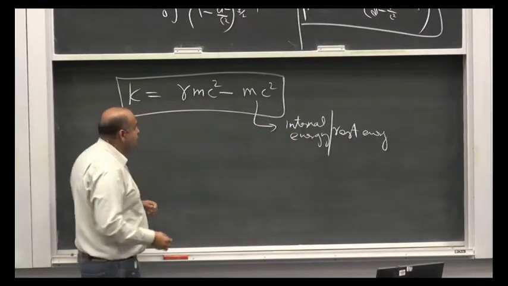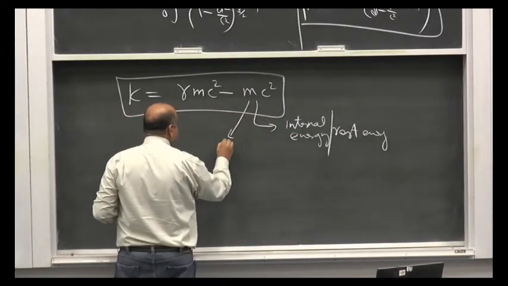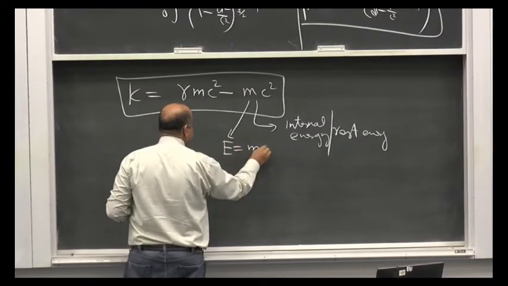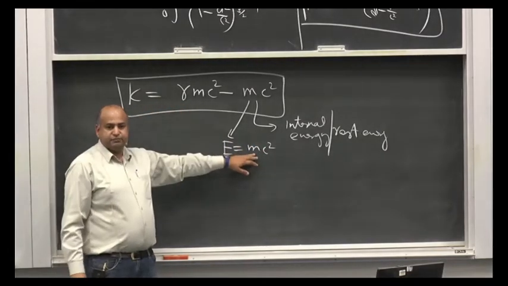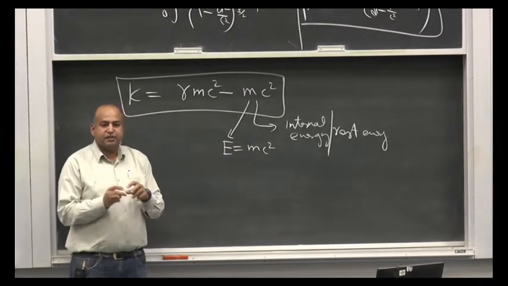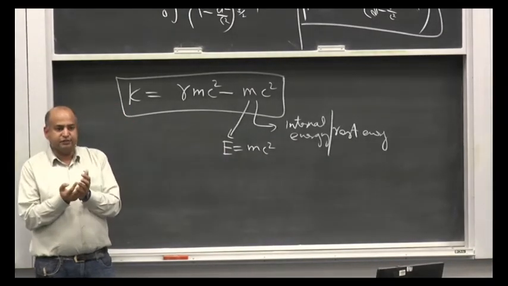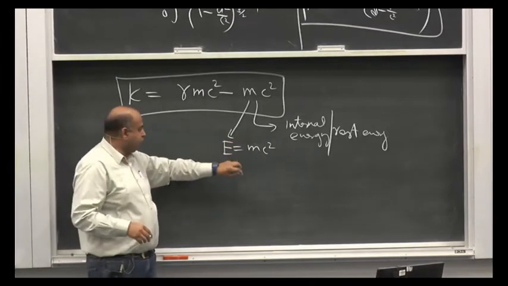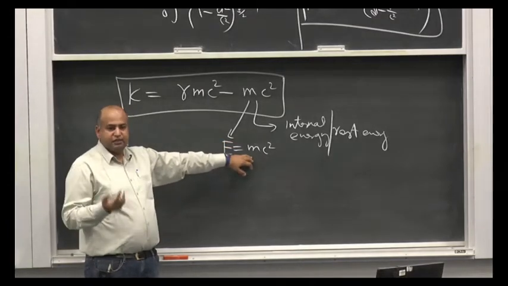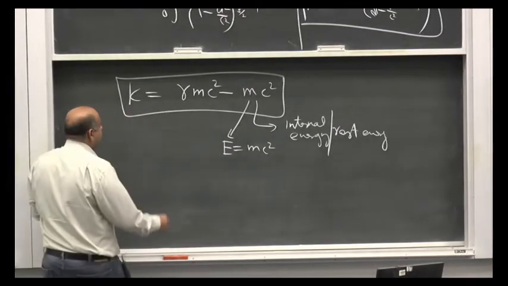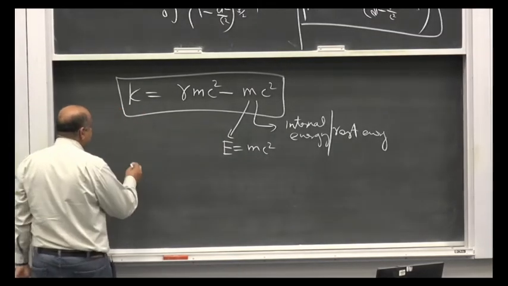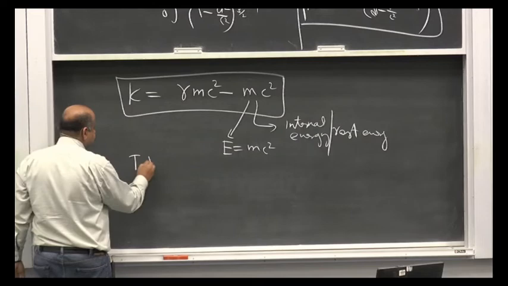So this is what we call E is equal to mc square. So this is the rest energy, that even when the particle is at rest, it has some internal energy. We'll discuss more about it, what does it really mean and where this energy comes from. But if I put this E here, and I can now also see that the total energy,